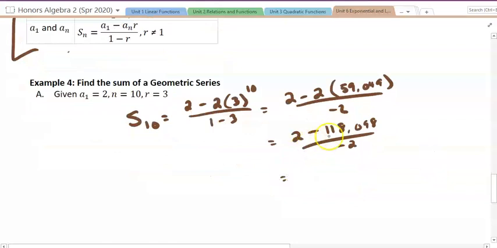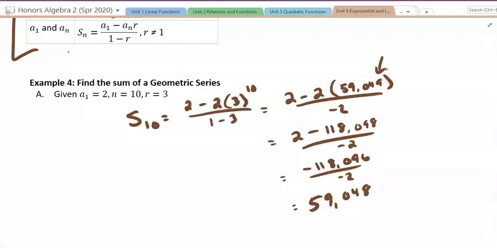And then subtracting that, we're going to get negative 118,096, and dividing that by negative 2, we're going to get 59,048. Now, it sounds like a crazy number, and it is a little bit of a coincidence just with the values that we had, but the sum of the first 10 terms of this geometric sequence would be